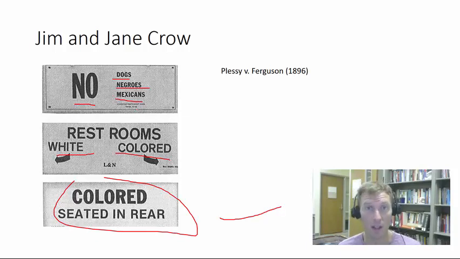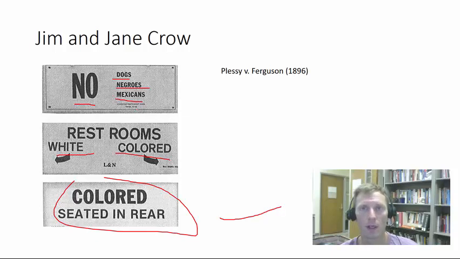Now in 1896, a Supreme Court case, Plessy versus Ferguson, brought up the issue of whether this is constitutional. Is it okay to have separation where black people can't go on certain things? This was a railroad case, a train case in Louisiana.